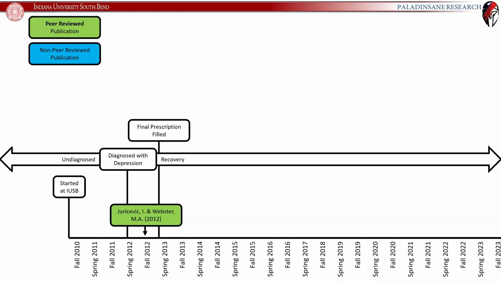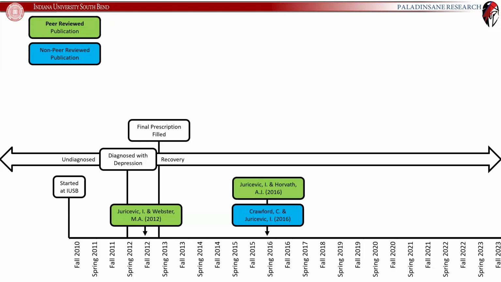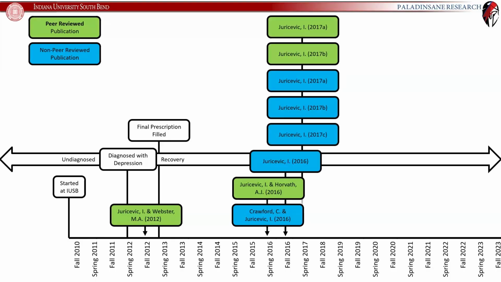So after the treatment, once I got back to a more functional place, I started to be able to be more productive. In 2016, I had 2 publications, one peer-reviewed, one non-peer-reviewed. Later in 2016, another publication came out. In 2017, I had 5 publications come out. And I really need to update this every single semester, but I always run out of time. But clearly there's a difference between when you're firing on all cylinders and when there's no gas in the tank